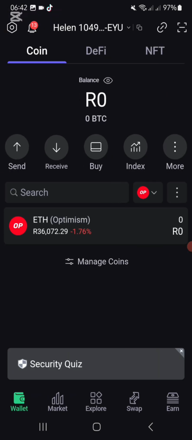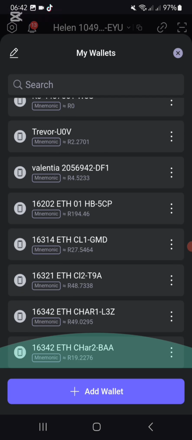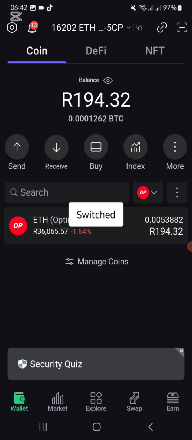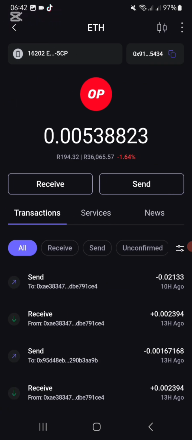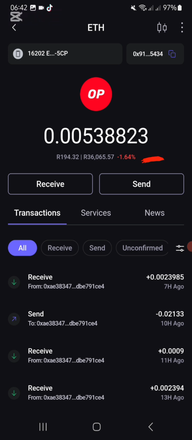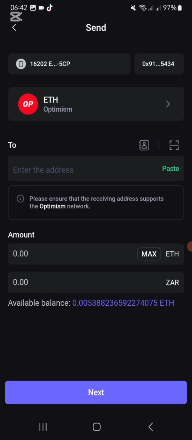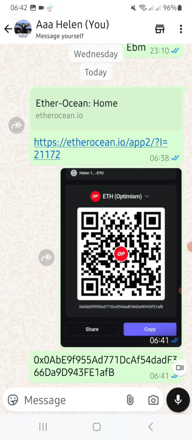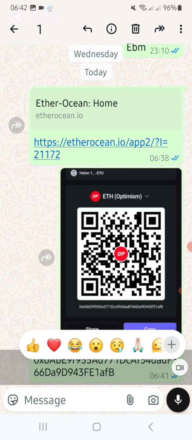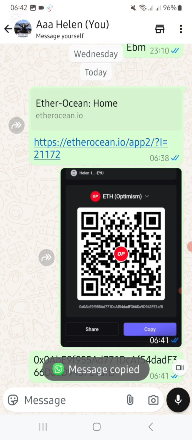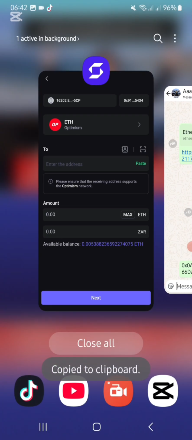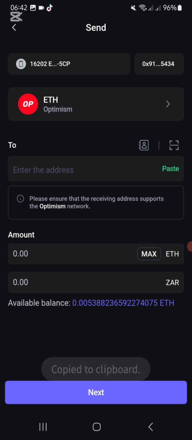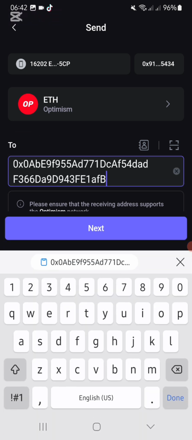Okay, so what I'm going to do is I'm going to go to my wallet where I know the Ethereum is in. There it is. I'm going to click below the search bar and I'm going to say I want to send money. Now I need the QR address to where I'm going to send the money to, and that is on my WhatsApp. Remember, I pasted it here. So I'm going to copy that, the three dots at the top, and copy. I'm going to go back to SafePal. I'm going to paste it there at the top.